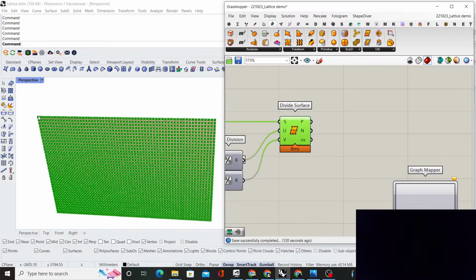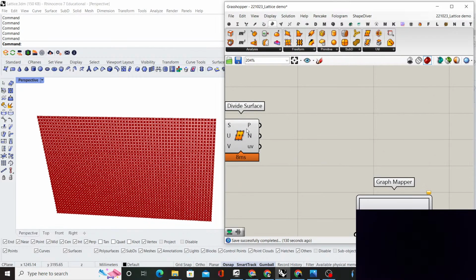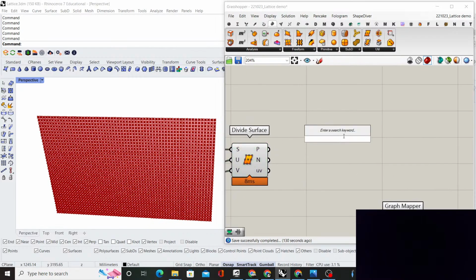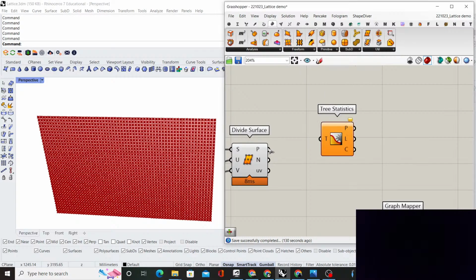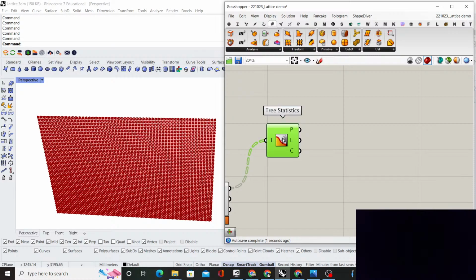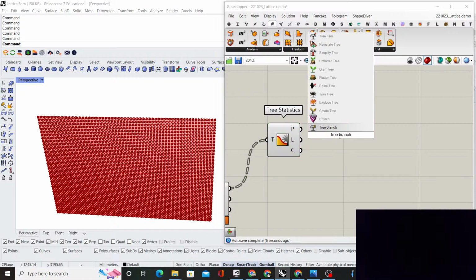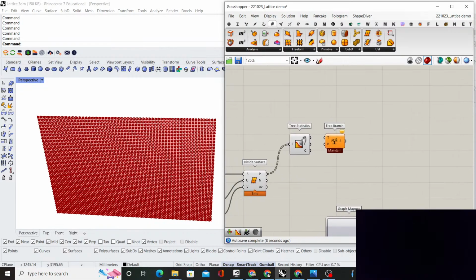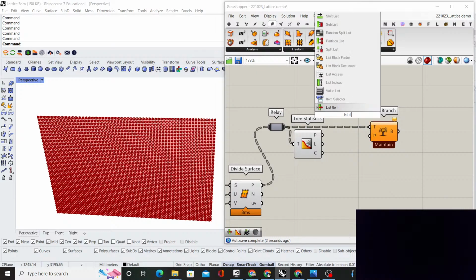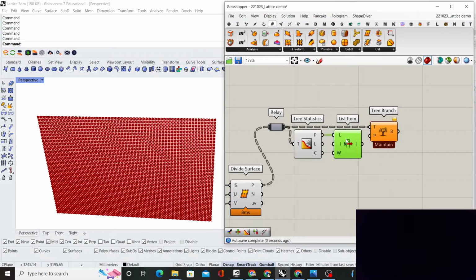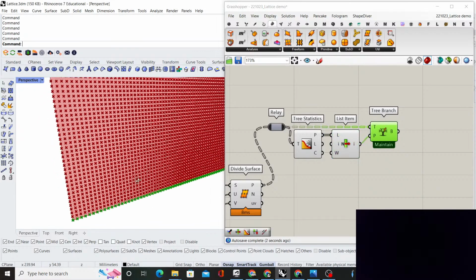So to make sure that each of these rows is a separate branch, let's check how the tree structure looks like. So I'm going to use the tree statistics component, which is the best friend of any person using Grasshopper. And I'm going to use the tree branch component as well to pick the branch that I want. Take the list item and connect it to paths, and there we go. All right, you see, basically this is our branch,